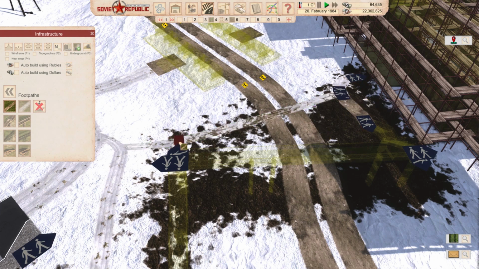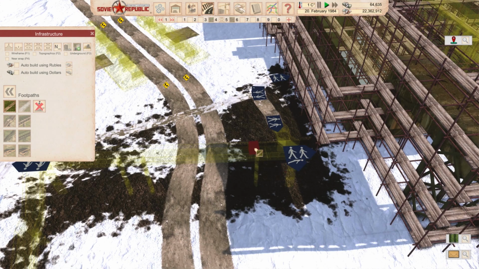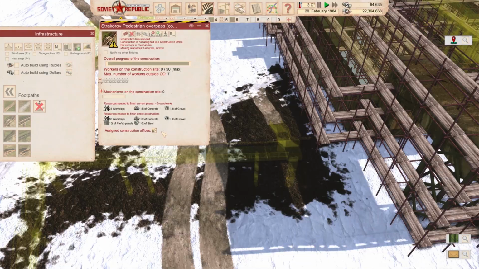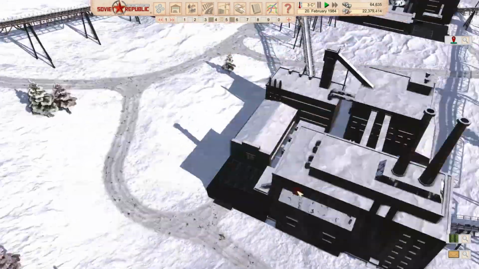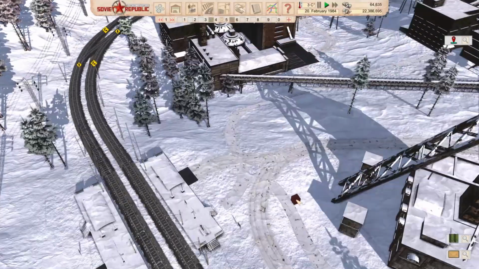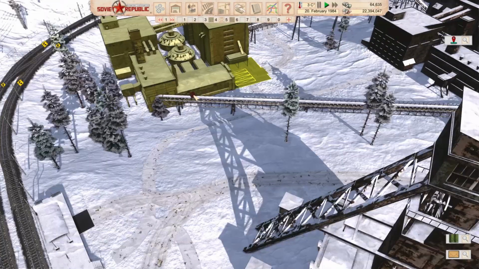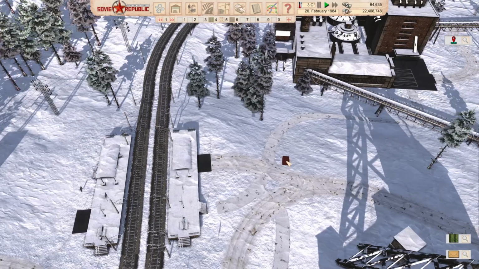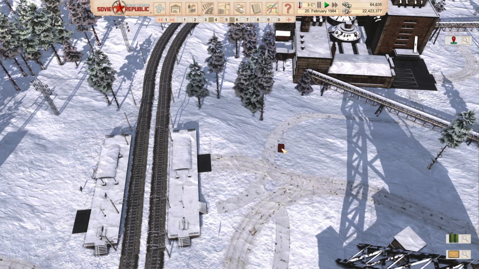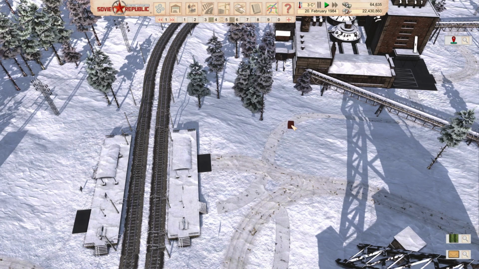Unfortunately, I'm gonna have to cut it like this just for it to be constructed. Capital footpaths are already on this, and can we assign construction to this? Not yet. Hopefully we're gonna remember to do this. So I'm gonna try to do this as much as I can. Maybe I should. The problem is that even if I build an overpass here, they're still not gonna use it because there's a road connection, unless I disconnect from the road and...